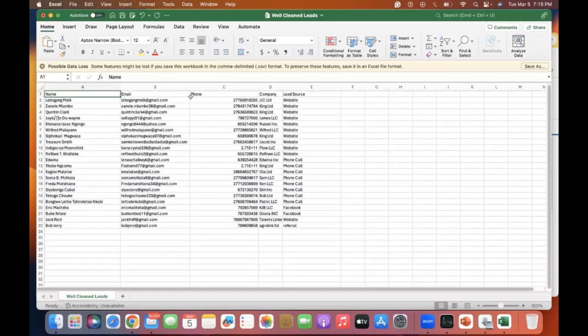If you remember, we discussed fields and relationships intensively. What represents your fields on this CSV file are these headers: name, email, phone, company, and lead source. So if any of these is not matching with the lead record fields you have on your platform,